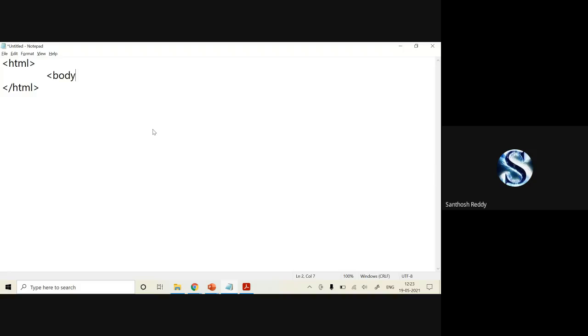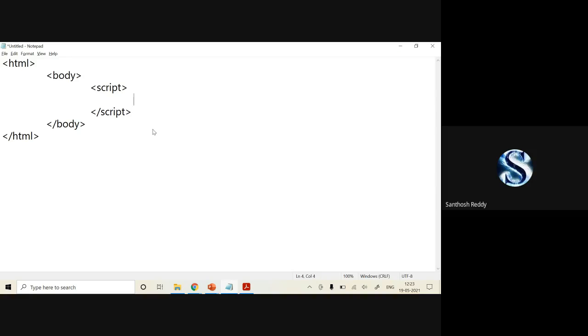So I'll write a body part here. Now, if you want to write anything in the form of JavaScript, must and should it has to be specified in the script tag. So I'll write the script tag. Closing of my script tag.